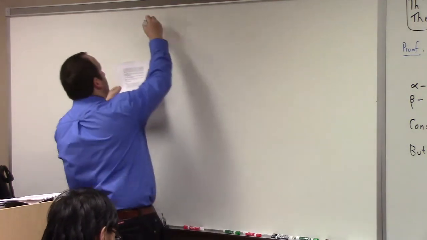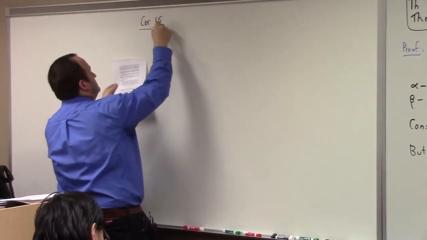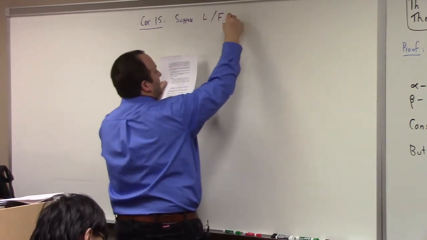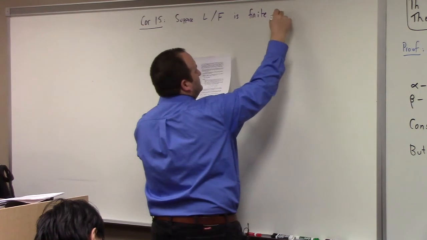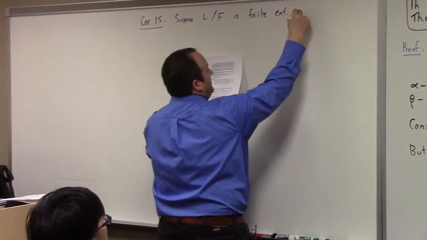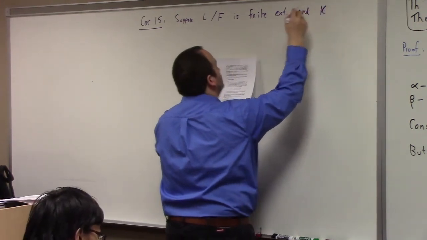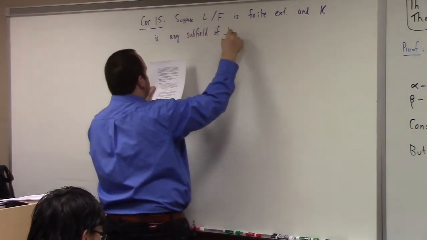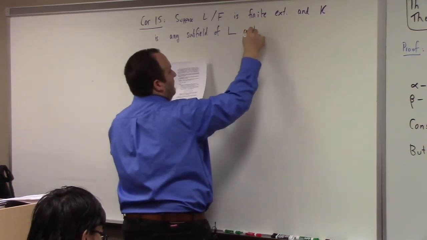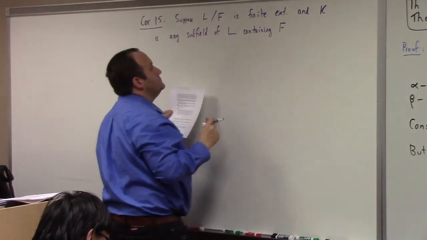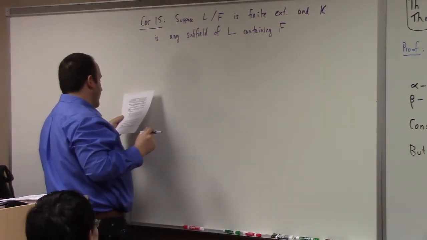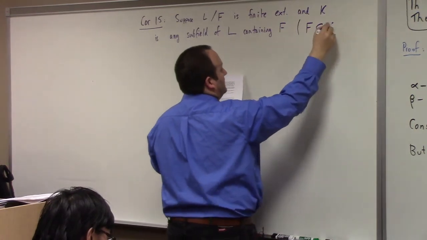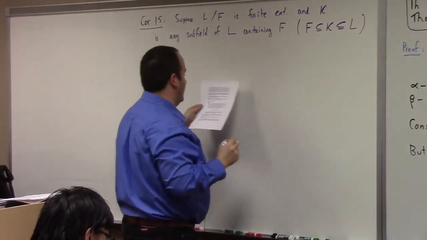Okay, so corollary. Corollary 15. Suppose L over F is a finite extension, and K is any subfield of L containing F. That is, F is a subset of K, which is a subset of L. So it's that condition again, right? Then,